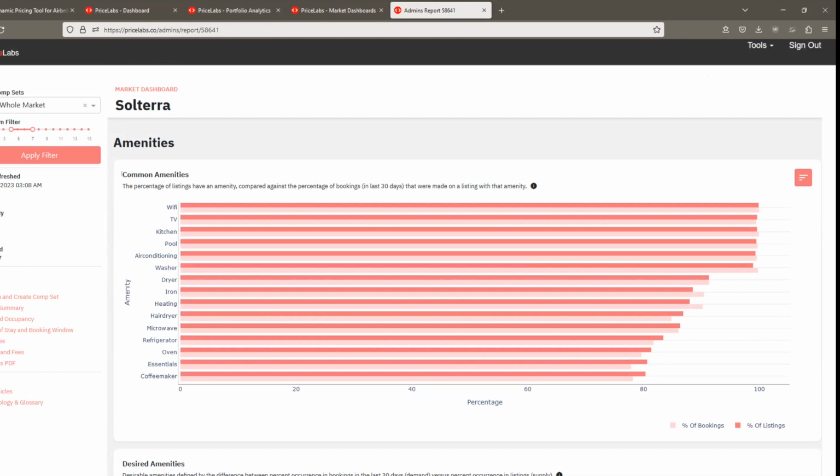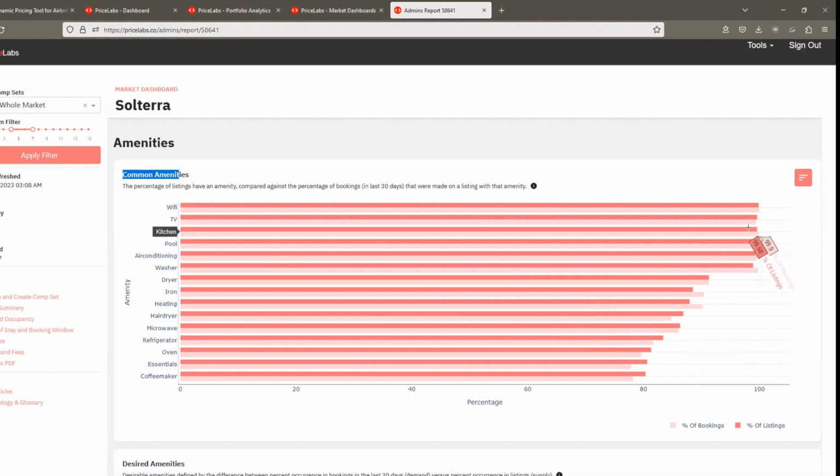One is what's common. You'll see that a lot of numbers here are very close to 100%. Almost every home in this region has Wi-Fi. That's no surprise, that's a no-brainer. Every home has TV, every home has kitchen, every home has pool. What you'll also see is there are 2 numbers here. One is about supply and one is about demand. So the supply number is saying